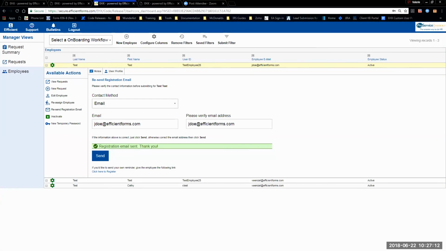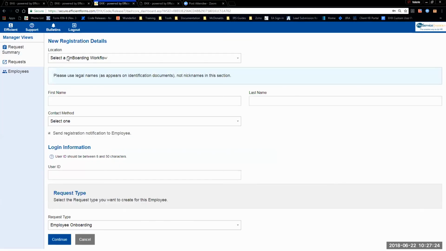So we're ready to hire a new employee. To start electronic onboarding for a new hire, click the New Employee button at the top of your screen. This will take you to the new registration details screen. From here, you can select your workflow,